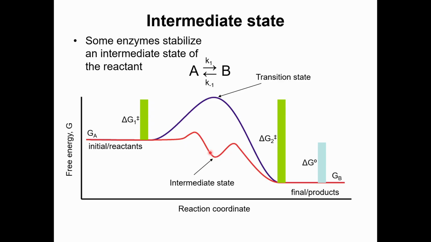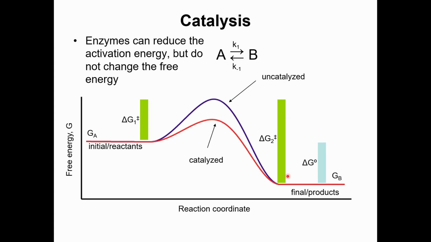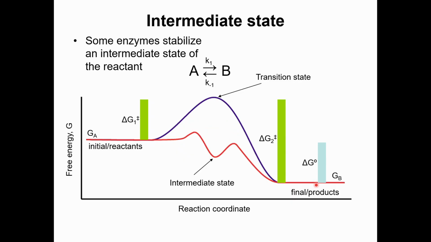But in this case, there's an intermediate state where the chemical reaction that's being catalyzed is partway completed, and you can actually get a great increase in the rate of the reaction by certain enzymes that stabilize the intermediate state. But mostly I want you to just know that this is energetically what's happening with enzymes. For the most part, they are just reducing the activation energy needed so that the rate of the reaction can go forward much more quickly.